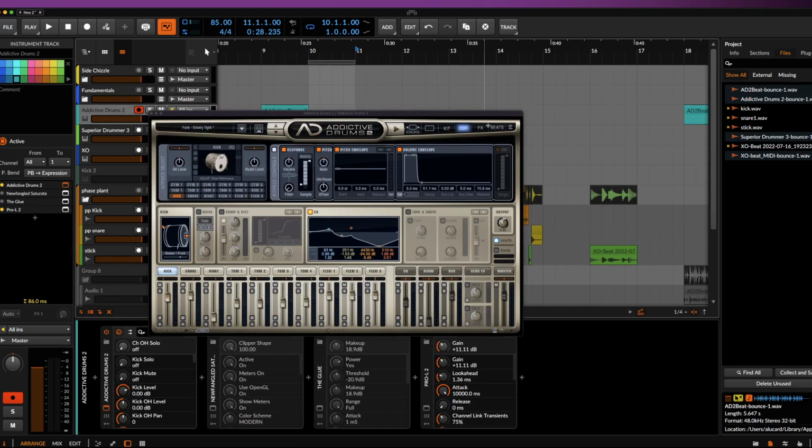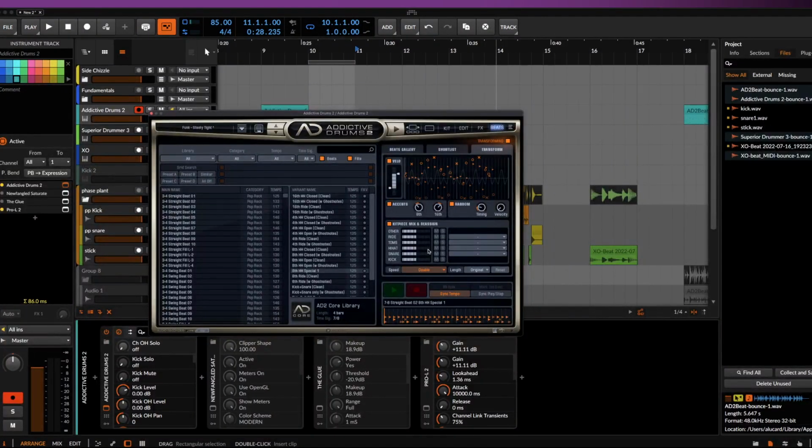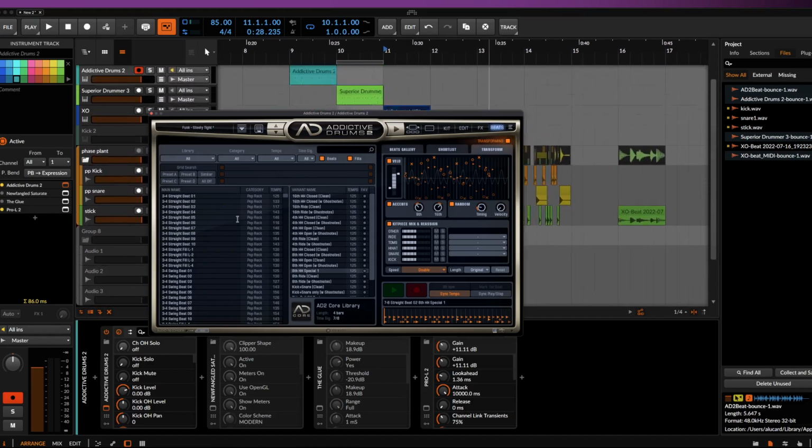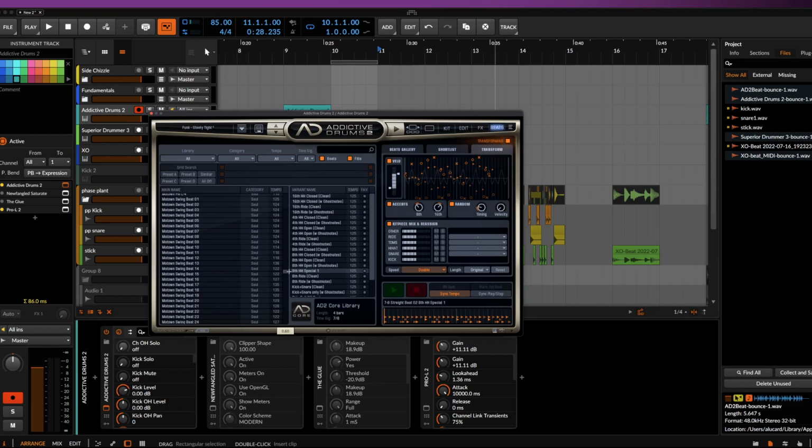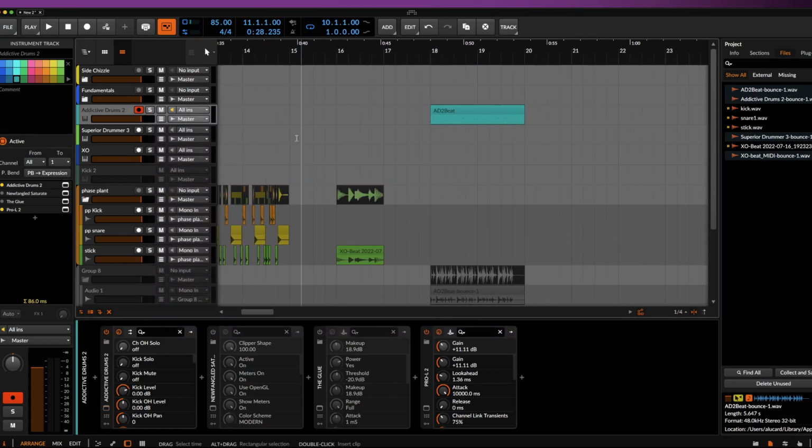But the cool thing about this is that these all have different approaches to sequencing or to coming up with beats. So for example, this has just a huge list of different beats that you can scroll through. And then there are these variations that you have. So if you click on swing beat 11, you've got all of these. And then what's also cool between this, which is why I actually pulled out this guy,